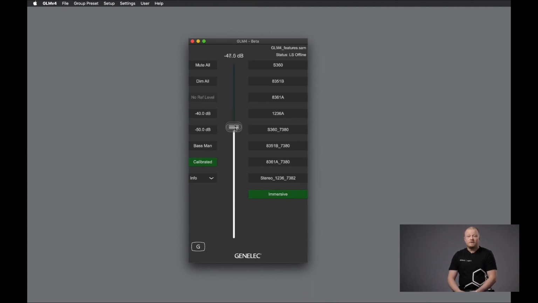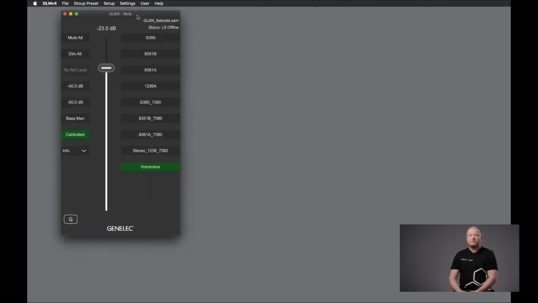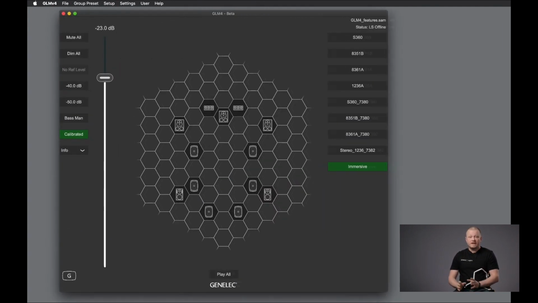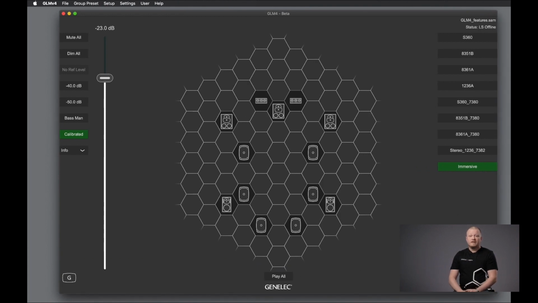You can see your volume fader, your monitor controller buttons with the mute and dim and the recallable level presets, along with the bypass buttons for the bass management and calibration. And then you can find your group presets, which you can use to store your own presets which you want to recall. Those can be anything you like, including with or without the subwoofer, different combinations of your monitors like stereo versus multi-channel, or then just a different tuning depending on what kind of work you are doing, or if you have a friend or colleague who works in the same room, you can use the group presets to recall different tuning for that individual professional who's working in your room.